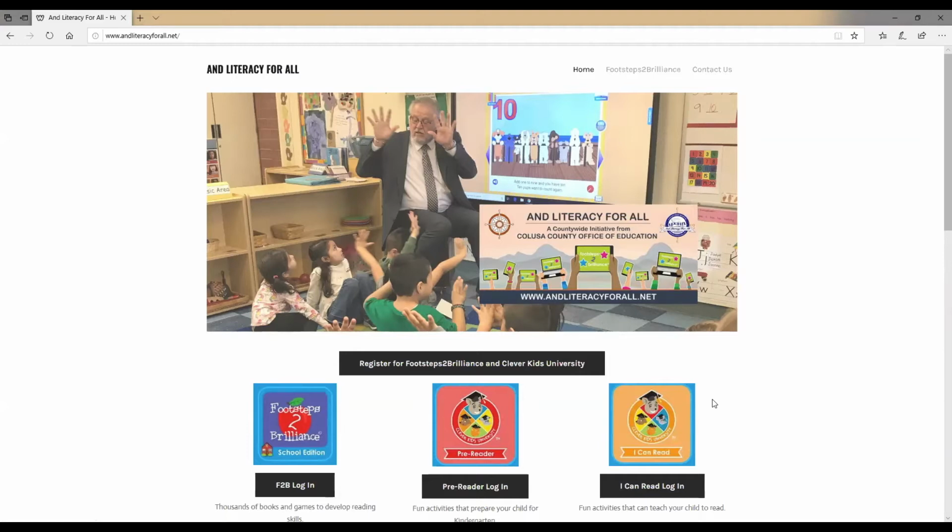To download the app on your smartphone or tablet, go to your app store on your iPhone or Android and search Footsteps to Brilliance. We recommend initially registering for Footsteps on a computer and then accessing it later on a computer, smartphone, or tablet. At the App Store, you will see the Footsteps to Brilliance School Edition icon. That's what you see here, and that's what you're going to download. The steps to log into the app will be the same through the app or on the computer. So let's go ahead and log in online. If you don't have a parent account, please watch video 1 as I go into detail about registering for one there.